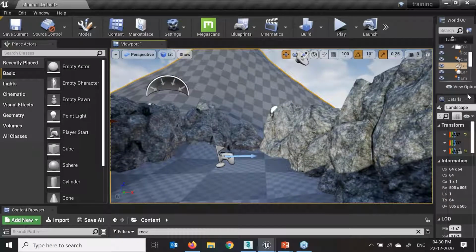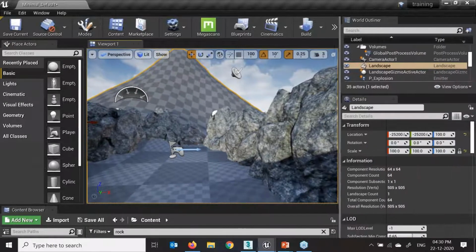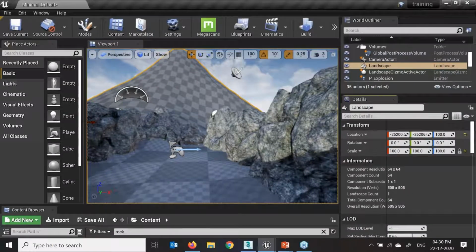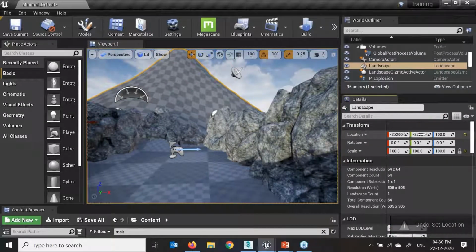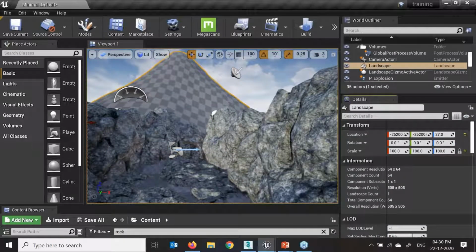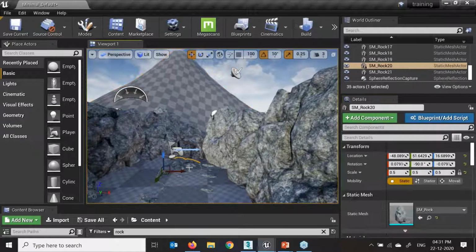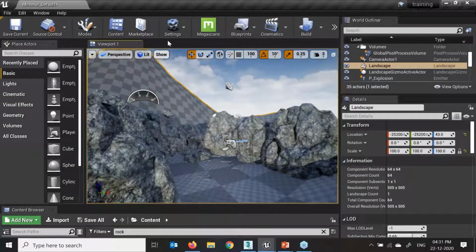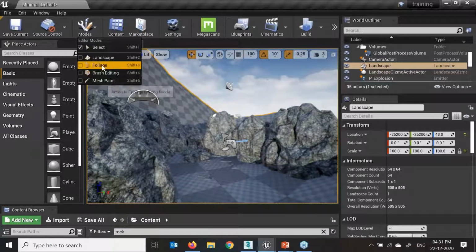I'll select my landscape if I want to scale it down or do a transform. Select and just reduce where you want to place these textures, materials. Just pull this up so that we can do with the landscape. We have foliage.